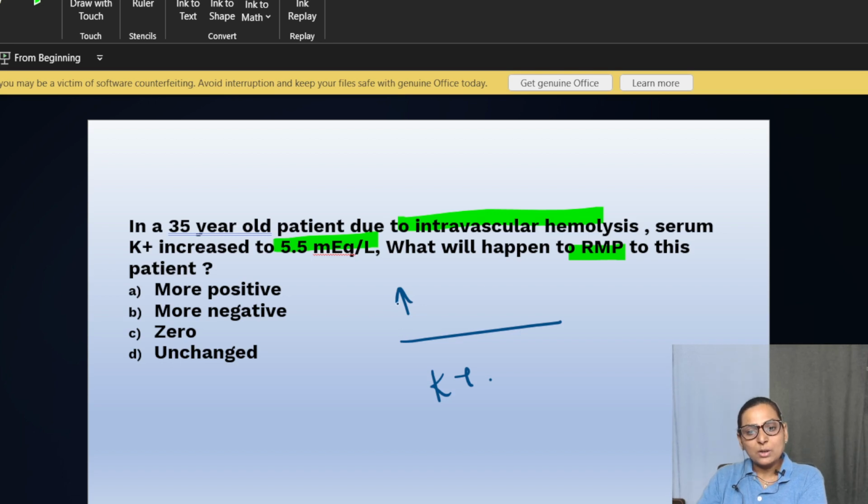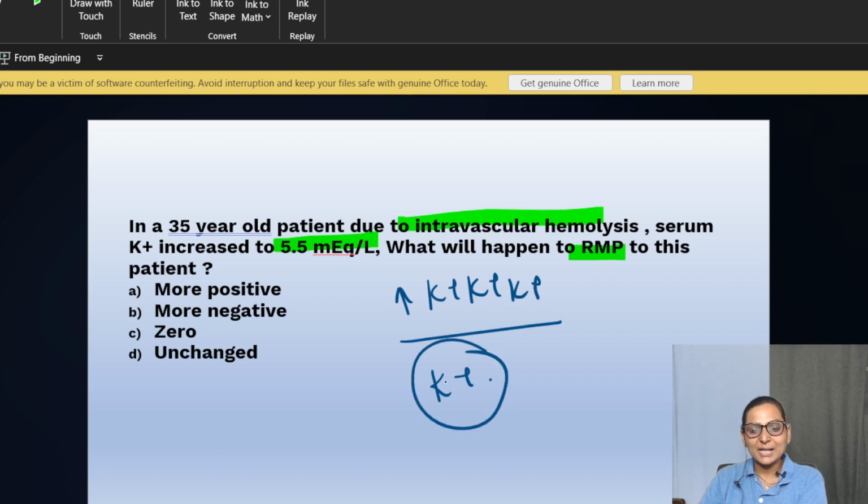That means if the potassium in the ECF is already more, the potassium which is inside the cells will not move out, right? Because the movement of the potassium totally depends upon its concentration gradient. Now, because the potassium remains inside, the inside becomes positive. So the RMP becomes positive. That means the threshold to excitability decreases. The tissue becomes more excitable with hyperkalemia, that means increase in the potassium in the ECF. Opposite will take place when the potassium decreases.